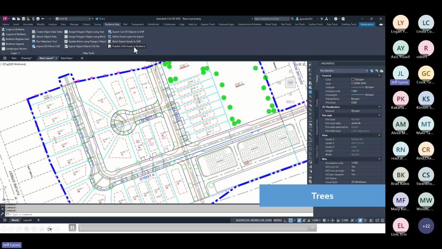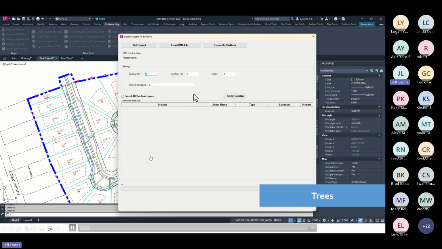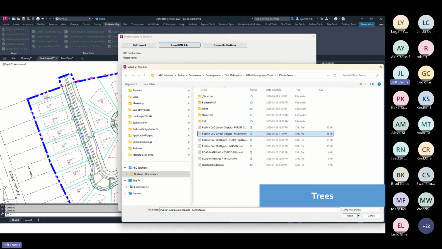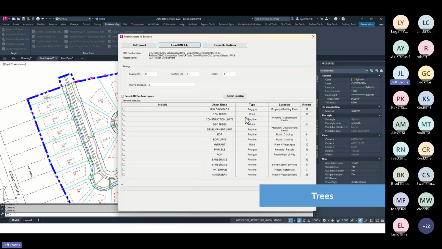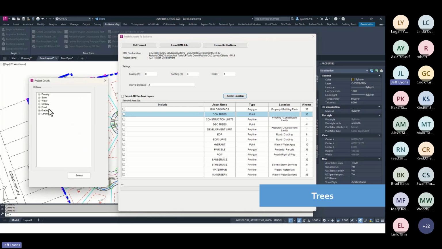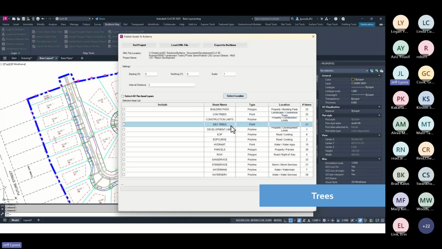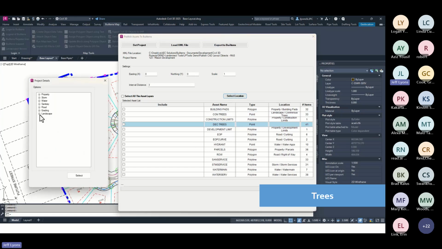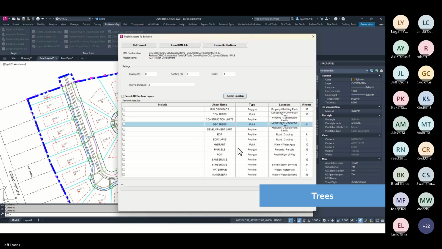And this one is where we've already attached object data, kind of like the tree type. We could put in Latin names and all those other things, but essentially, this is where we're now connecting the trees with the landscape layer. This is what you have to do. You have to select it, select the location in the Builterra map, and there it is. Good. And we're ready to go. It saves it automatically, by the way. You don't have to hit save here. So we're just selecting those 2 tree layers. And now we're exporting